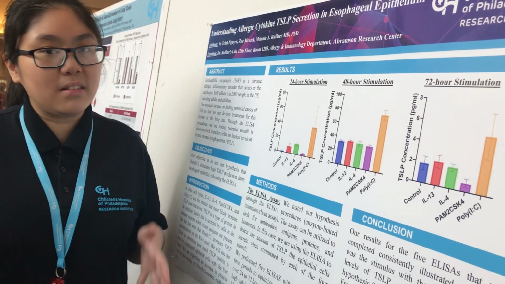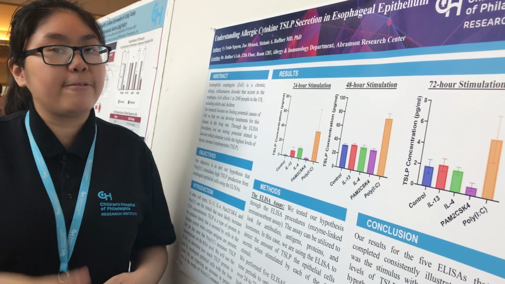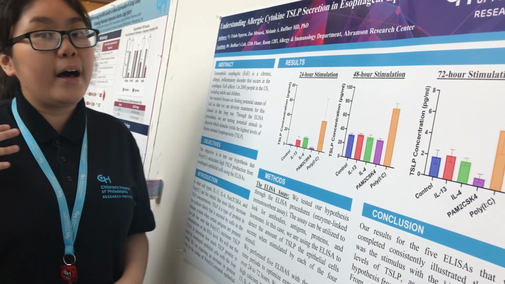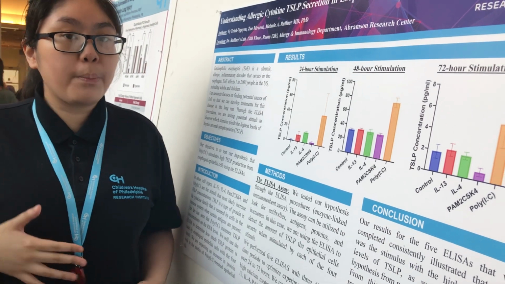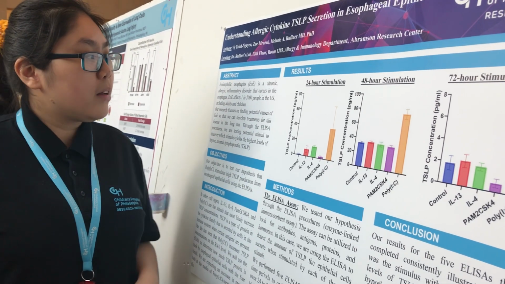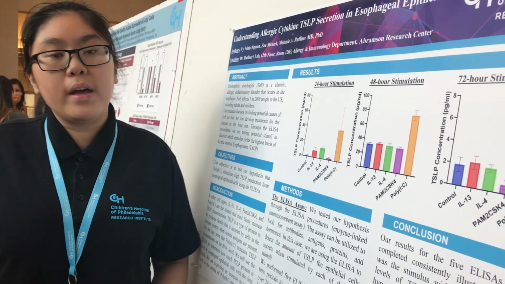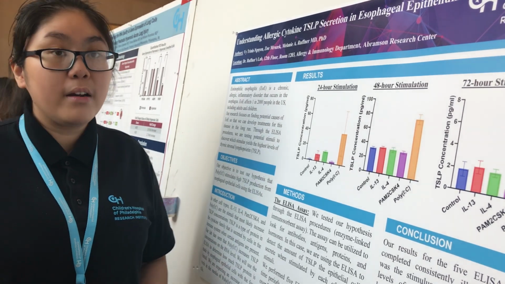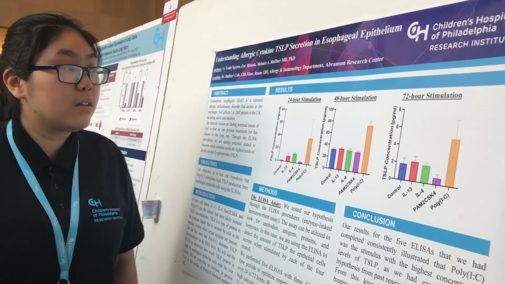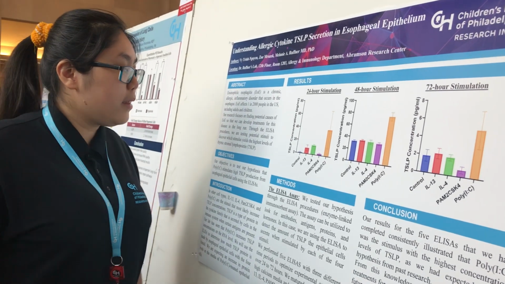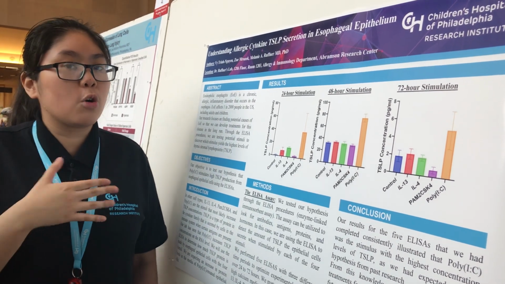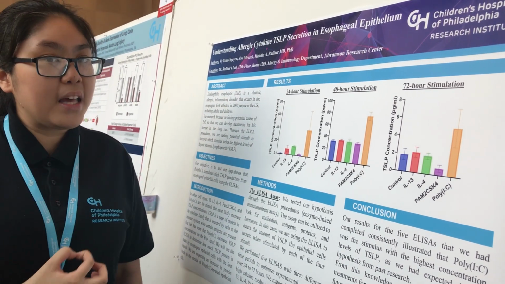EoE is an allergic, chronic, and inflammatory disorder that is located in the esophagus. Its symptoms can include heartburn, chest pain, or even vomiting. It affects 1 in 2,000 people in the US almost every year, but there are no FDA-approved treatments for this disease. So because of the lack of treatment, our research has been focusing on finding potential causes of TSLP concentration